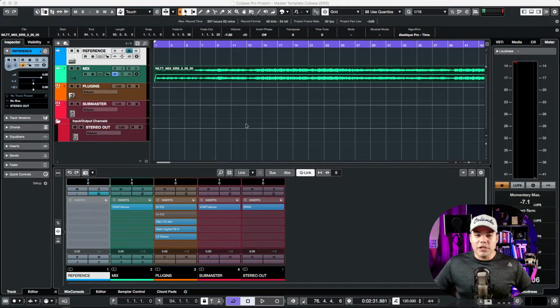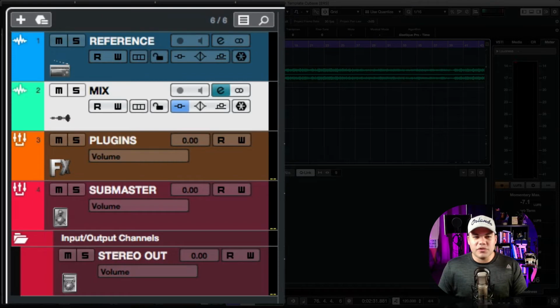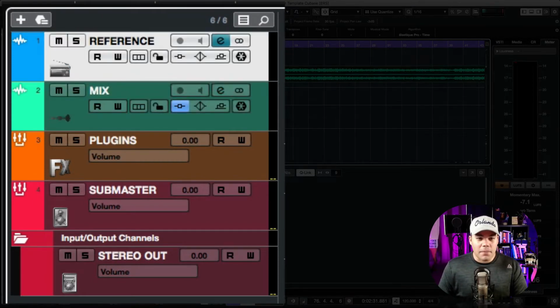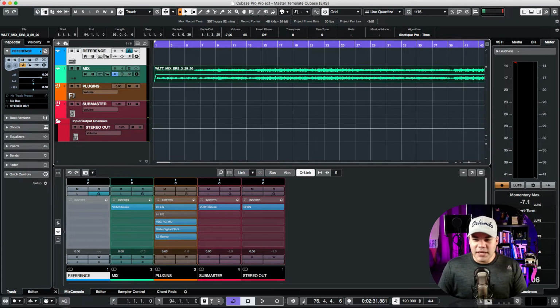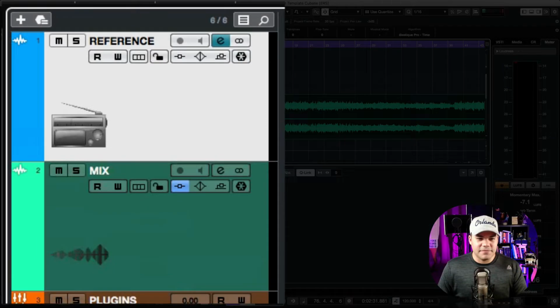But right now I just wanted to explain what I did here, what tracks I have set up, and how I work with this template. So the first thing I have here is a couple stereo tracks. These are just regular audio tracks that I set up. The first one is gonna be a reference track, as you can see here. This is for you to go ahead and drop your reference song,